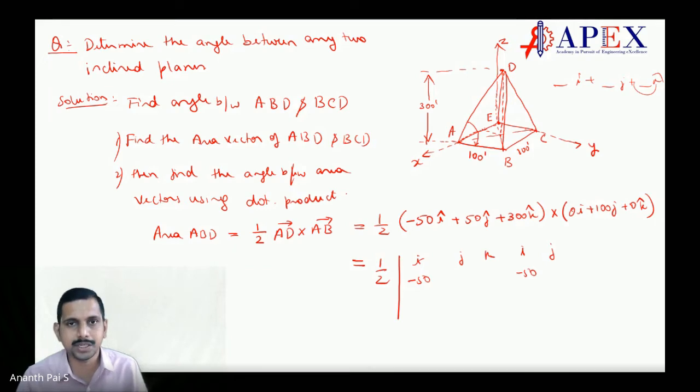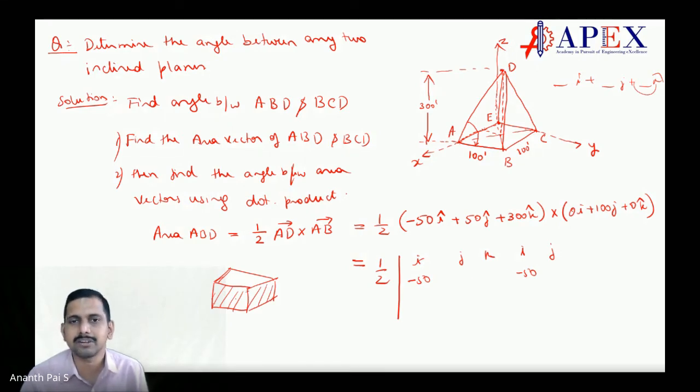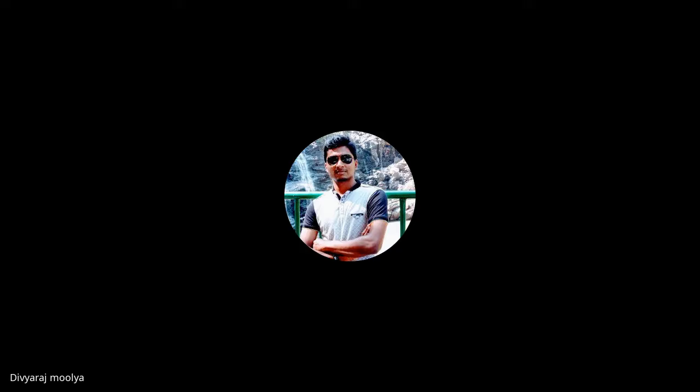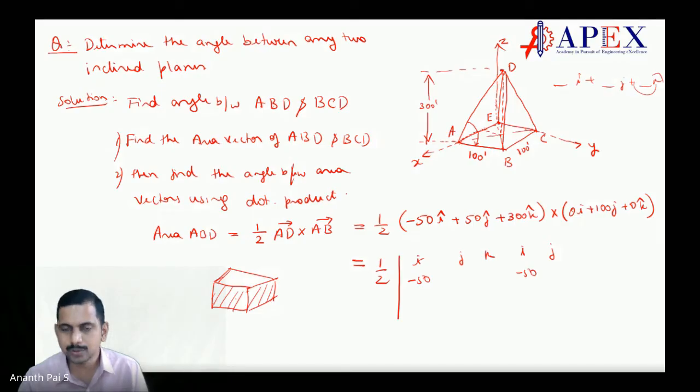For example, one of the things I will tell you. Everybody has done Solid Edge, is it not? In Solid Edge, you have a cube. Say you draw a cube here. Solid Edge treats whatever is facing you as positive area. What is inside is a negative area. That's what it considers. Got it, sir. We'll get it in vector now. I thought we'd get it in magnitude, so I got confused. Yes, you get it in vectors. That's it. Now it depends on what you consider positive and what you consider negative. Yes, sir.